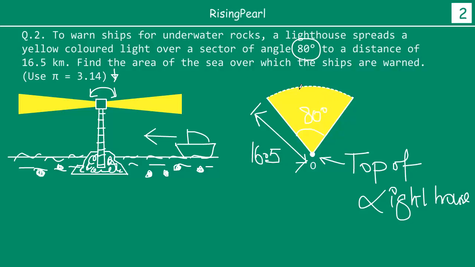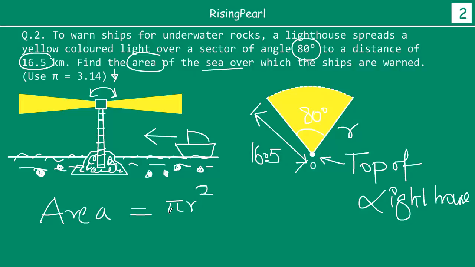And as you can imagine, friends, at this point, this is simply the area of a sector. So to find the area of the sea, we simply have to find the area of a sector, and this is the center, and this distance, how far the yellow colored light is traveling, which is 16.5, is simply the radius. So now, friends, we know that the area of a sector is simply pi r square by 360 degrees times theta,